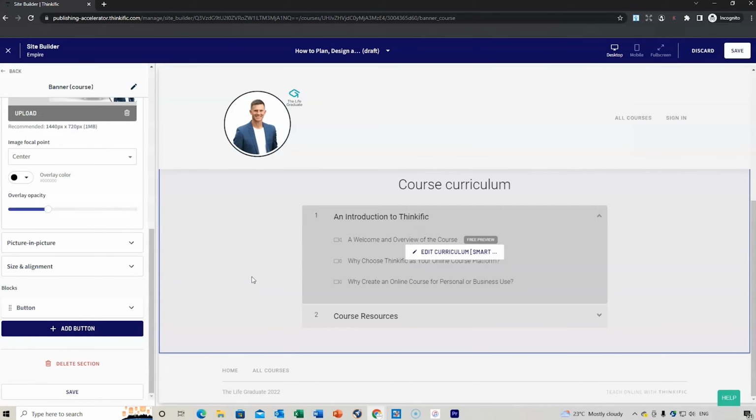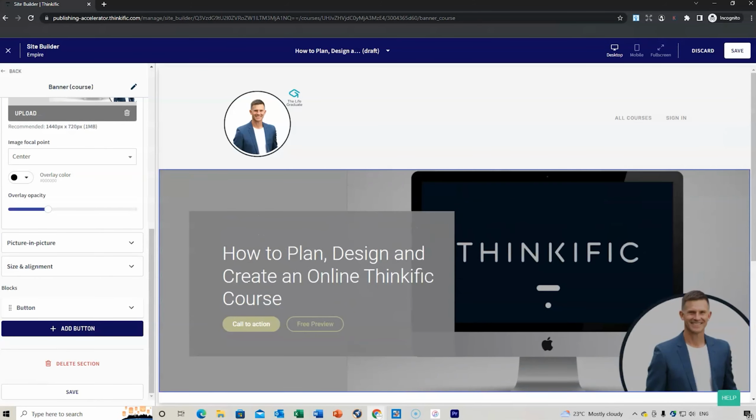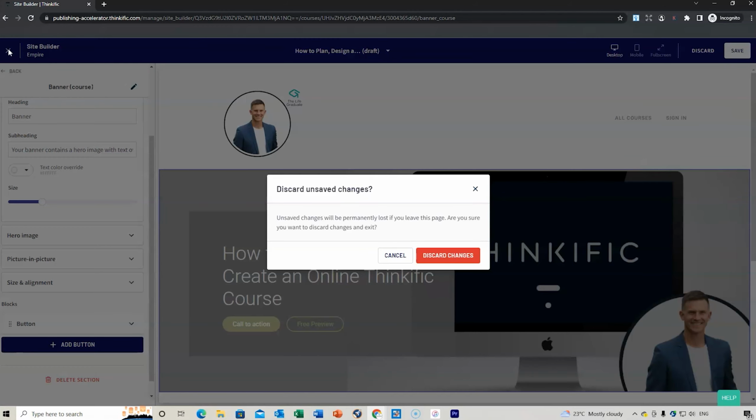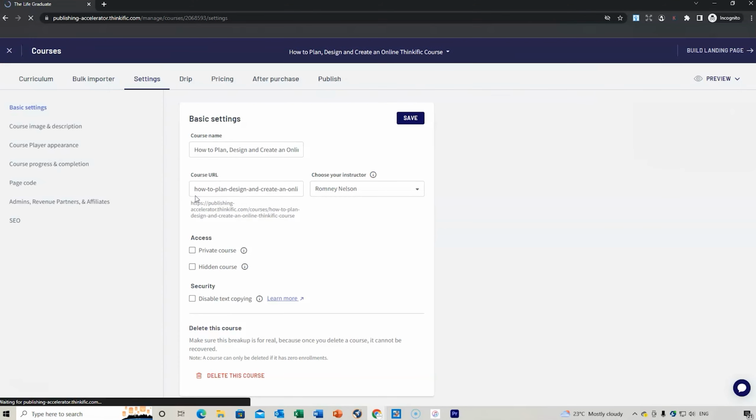So you can add author details. So what I'm going to do in a future lesson, I'm going to add my author bio in this section, so it makes it easy for you to understand how to do all of that. Let's close this down. We're going to discard the changes for the moment. If I did want to save it, that was important to do at that point in time.